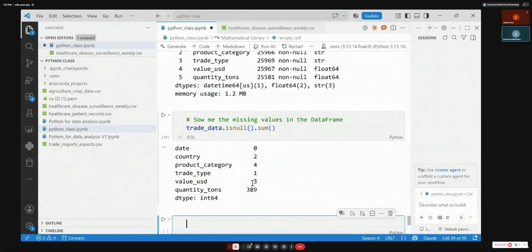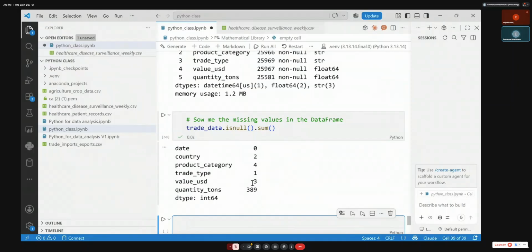Replace it. We can simply replace it, but you have to be careful. You have to replace one by one, because what you replace with the country should not be the same as what you replace with the product category or trade type or value in USD. Let's say we replace country with the most repeated value, because it is categorical.